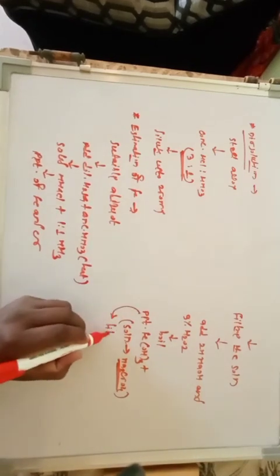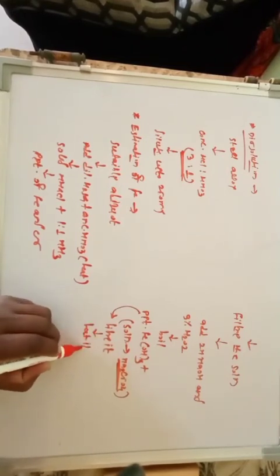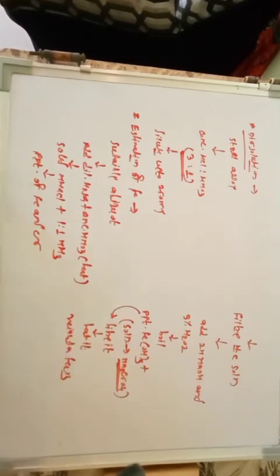Filter it, then heat it and weigh as Fe2O3. This is a very simple procedure. So after addition of NaOH and H2O2, the iron hydroxide remains as it is in the precipitate form, while the chromium hydroxide is dissolved and converts into Na2CrO4 in solution form. So whatever the precipitate, you have to filter it, heat it and weigh as Fe2O3.